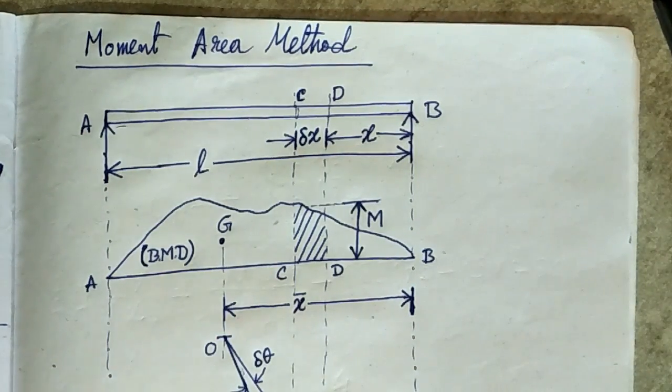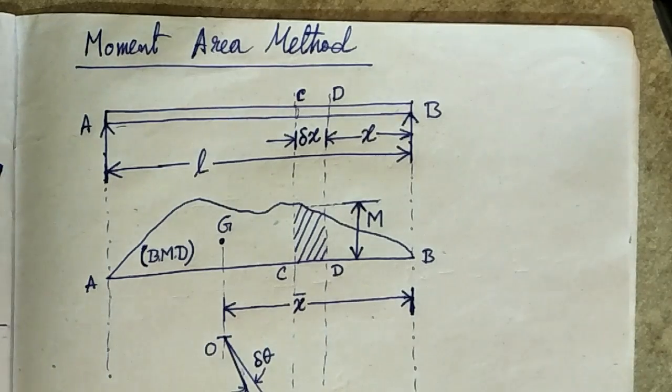The moment area method is particularly convenient in the case of a beam acted upon by point loads, in which case the bending moment area consists of triangles and rectangles. In the case of distributed load, the determination of the position of the centroid itself involves integration, and as such no longer remains simpler than Macaulay's method. However, this method may be conveniently used in certain standard cases of distributed loads where the position of the centroid of the bending moment area is known.